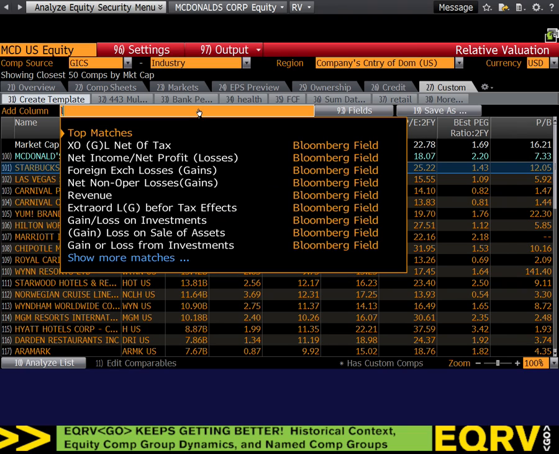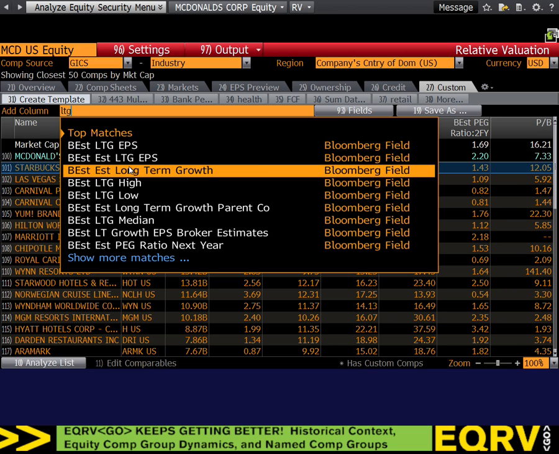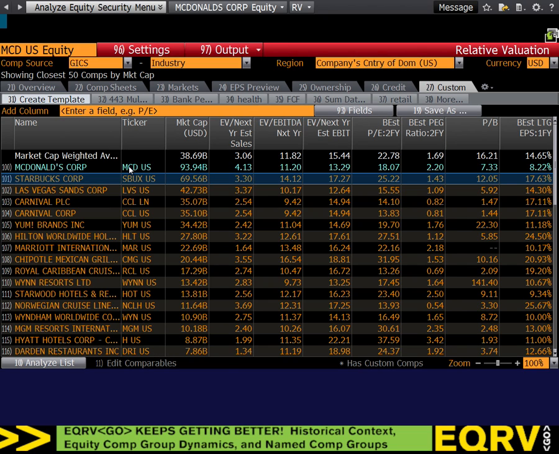Now, LTG is the long-term growth rate. It's not our G. You're going to be solving for G in your homework assignments. But at least it's a directional proxy for the G. The idea is if you have more growth in earnings, you probably have more growth in cash flow. So it'll at least give you some insight into higher and lower growth rates. So in this case, we're going to use the best estimate long-term growth rate. That's the 5-year growth rate of the company.